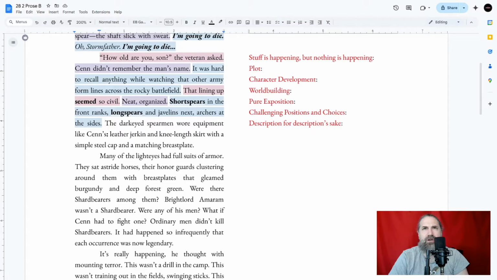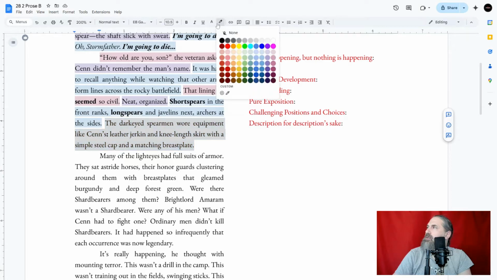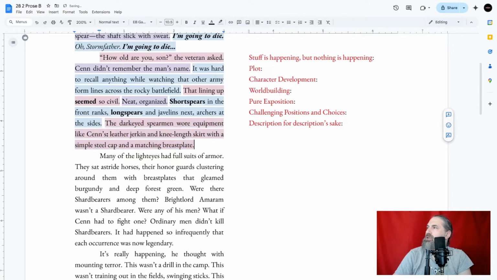"The dark-eyed spearmen wore equipment like Sen's, leather." Oh, interesting. All right, let's do this. It's a long sentence. It's another example. Oh, you guys, it's pretty long. Man, I see sentences sometimes and I'm like, is Faulkner writing this? Anyway, "The dark-eyed spearmen wore equipment like Sen's, leather jerkin and knee-length skirt with a simple steel cap and a